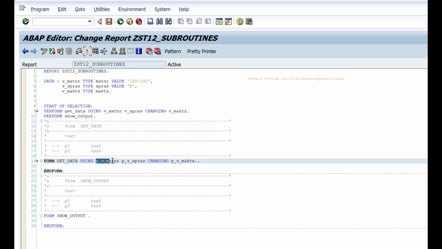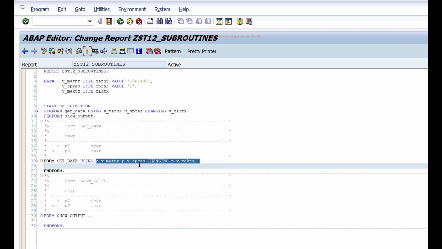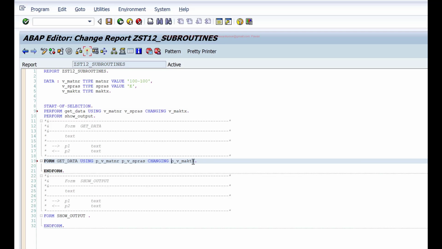Whatever parameter names I give here will be declared as local parameters to this subroutine. You'll understand it better when I show it in debug mode. So I'm declaring p_v_matnr, p_v_spras and p_v_maktx as formal parameters to this subroutine, and out of that I'm saying these two will be used and this will be changed.